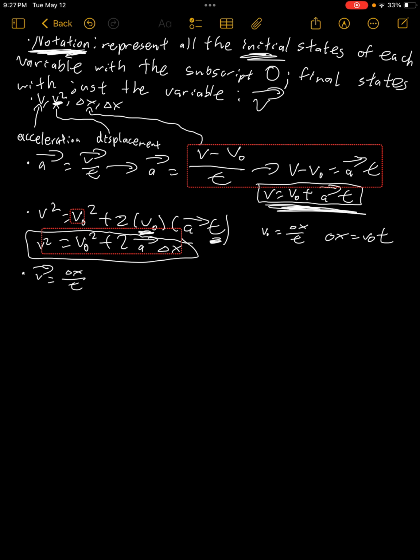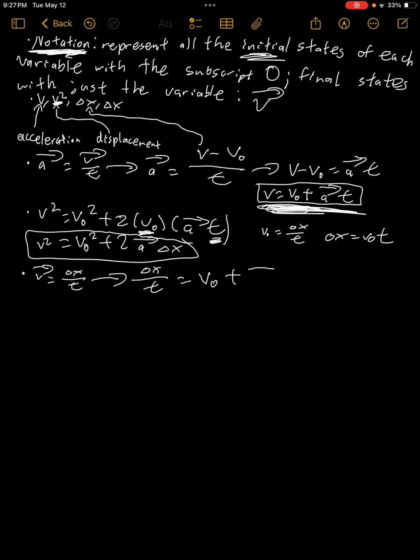So now notice that we have another equation with velocity in it, which is this one here. So basically we have displacement over time equals initial velocity plus acceleration times time, which gives that displacement equals